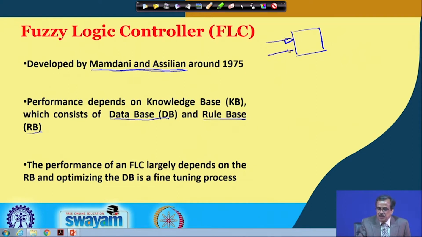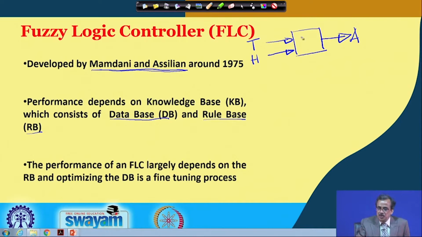Let me consider for simplicity there are two inputs, one is the temperature T and another is the humidity H, and the output is nothing but the angle of the valve opening for this air conditioner. Now, let us see how to define the database and the rule base